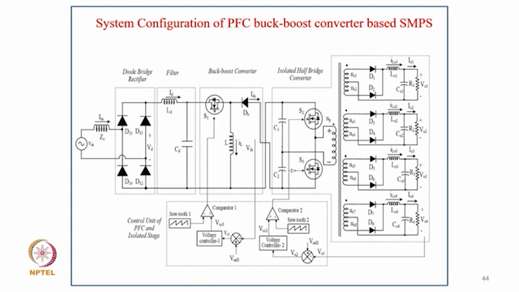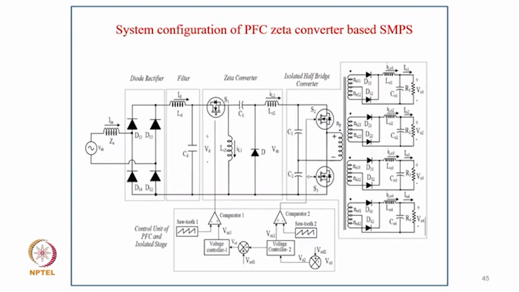In the same way you can use a simple buck boost converter also, at the input of the converter. The advantage of the buck boost converter is that you are typically using the minimum devices here: one inductor, one diode and one MOSFET. But the disadvantage is that your input EMI filter size increases because the device is coming in series. Similarly, you can use the SEPIC converter also. Typically here also you can design the L1 and L2 in DCM, and which gives inherent power factor correction.